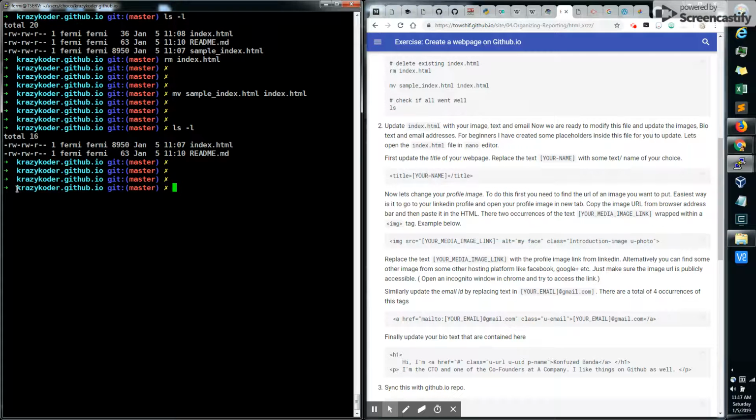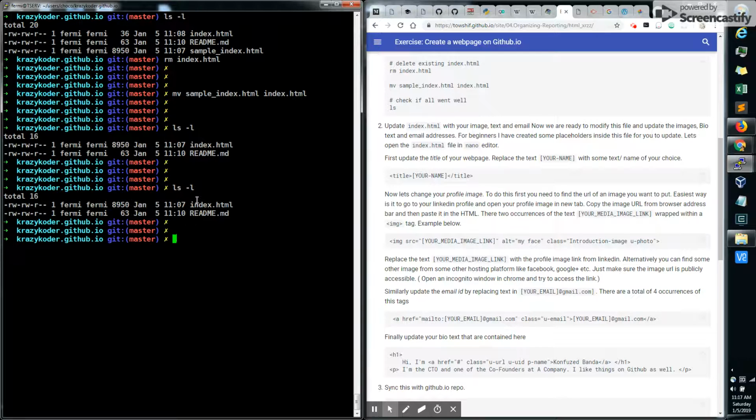You may not be familiar with this color coding. This is because I am using a Z shell. That's why it automatically recognizes that this is a Git repository. It's on master, and the cross means it's out of sync, so it's not committed. There are changes that are not committed yet. So that's fine, I'll do that later. I have this index.html, and I'll edit it